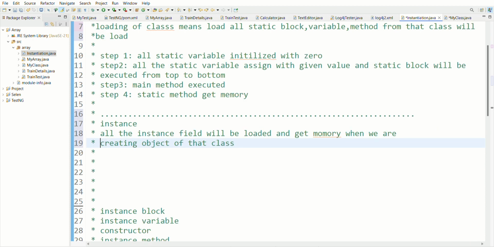So when will the instance get the memory? All the instance fields will get the memory when we are creating the object of that class.